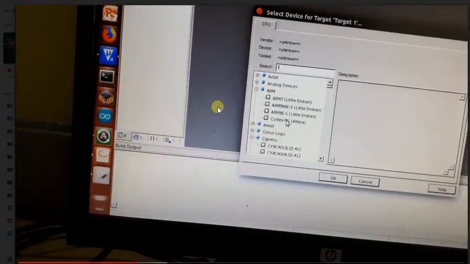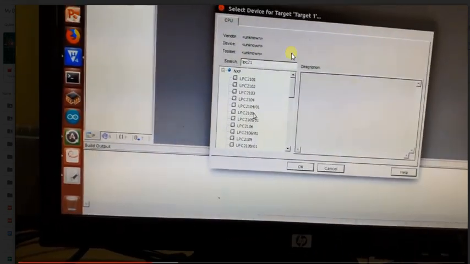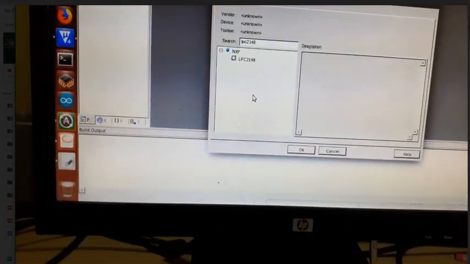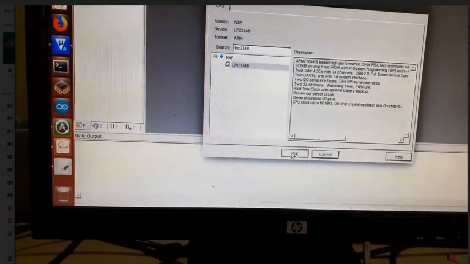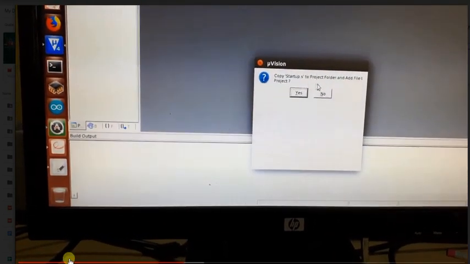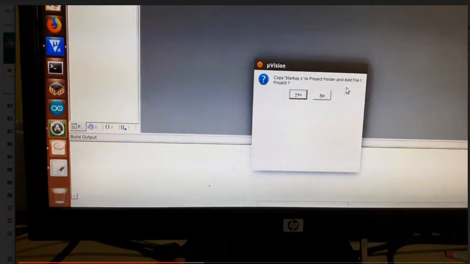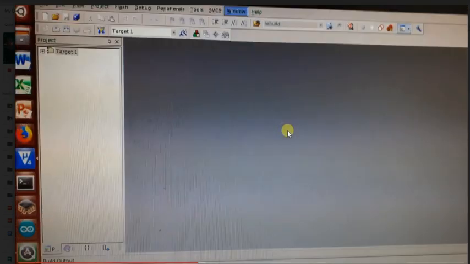Once it is saved, I need to select the target device. The target device is LPC2148. Already you know this process. Once we select the device, again we need to click OK. Here, what is the doubt students usually get? Usually I told that No has been selected. No is for assembly language programming. Yes is for creating C language programs. So for our hardware programs which are in C, I have to click on Yes.